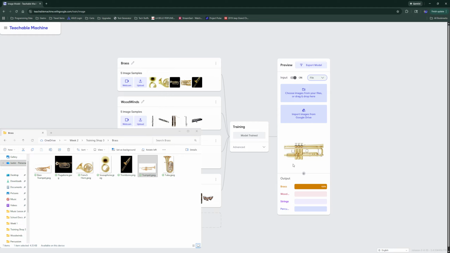100% brass, which makes sense because it recognizes it as a brass instrument. And now let's try the tuba and see where we get. 95% brass and only 5% strings. Now that's pretty solid. That is quite solid. Now I believe it's using the coloring, potentially trying to determine what the tuba is, but it is a brass instrument, and using the images that were provided to this system as samples, it was able to create full-on classifications,